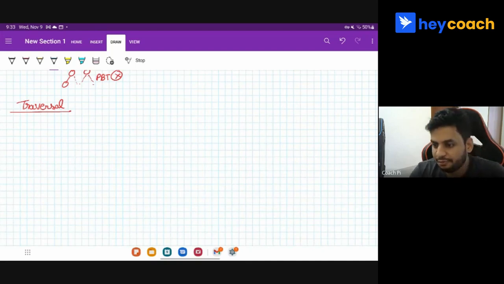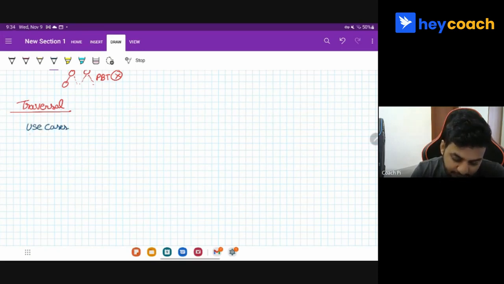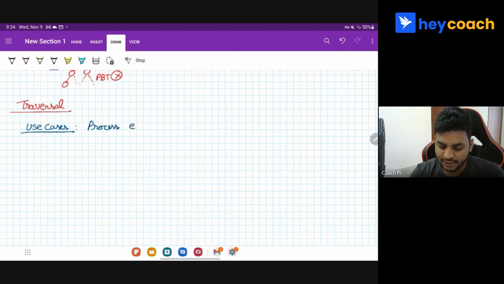So why would we want to traverse a particular tree? What can be the use cases when we are solving our problems? One use case can be to process each node of a tree